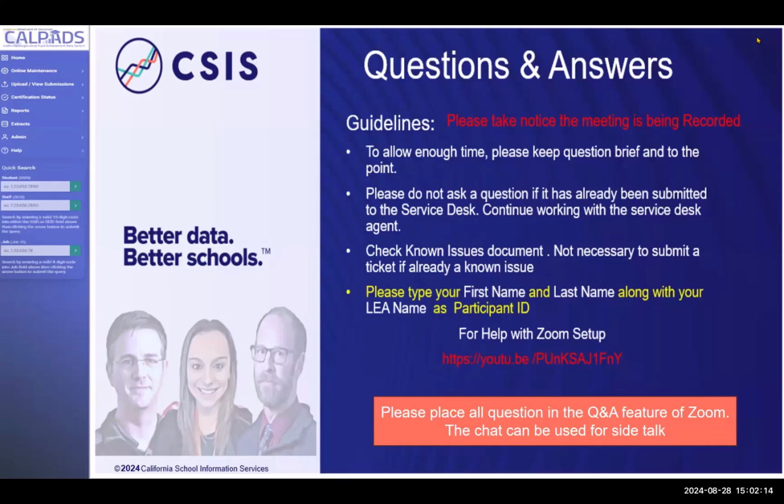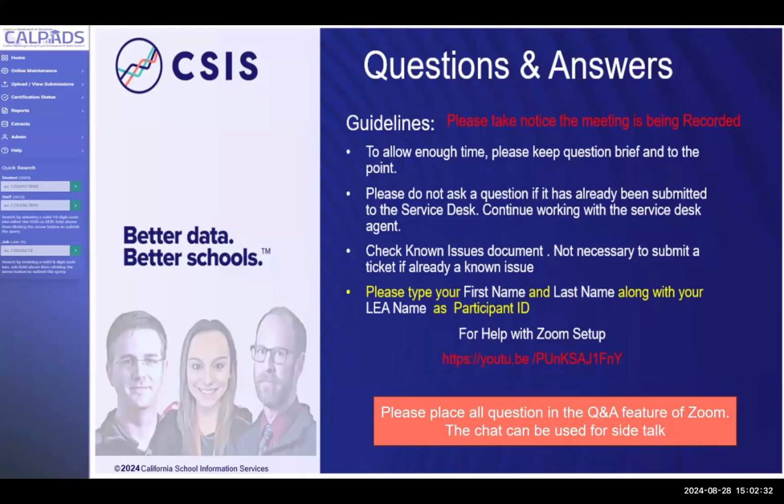The other thing is yesterday, I think it was yesterday, the CDE put out an email about the new documentation, version 16, that was effective July 1st. That's your code sets and file specifications. All that documentation has been updated.